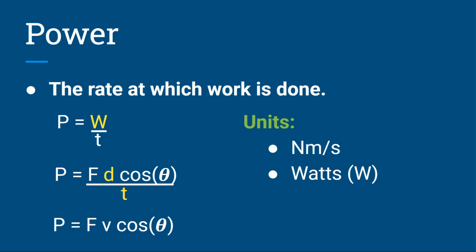The units that you're going to get for power, again, work is in Newton meters, time is in seconds, so Newton meters per second. Now remember, a Newton meter is also a joule, so joules per second is also correct. But the standard SI unit that we use is called the watt. Okay, so watts are the same thing as a Newton meter per second or as a joule per second, and we can abbreviate those with a capital W. So when we measure power, it is typically measured in watts,